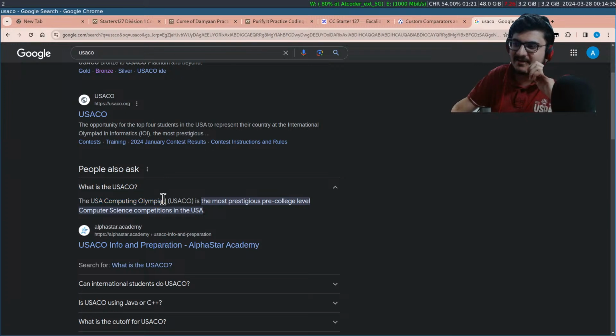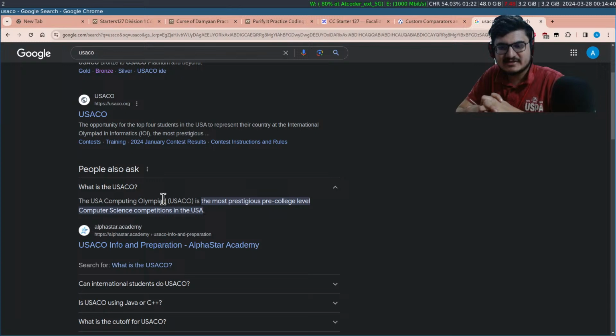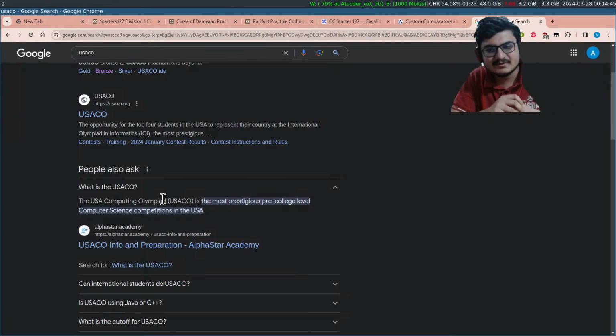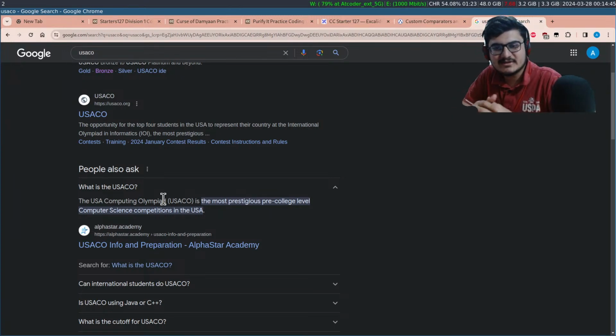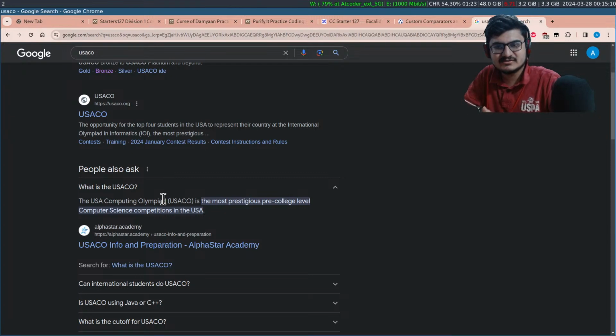It's the USA Computing Olympiad. There are 4 contests in a year, and they use these contests to select 30 people for their IOI training camp. From the IOI training camp, they take some more contests to select 4 people that would represent the United States in the International Olympiad in Informatics, IOI. IOI is similar to ICPC, but for school students. Every year they create these contests. Platinum is used to select people for the camp, but to train other people, they have other divisions, Div1 to 4. They have contests for every level.